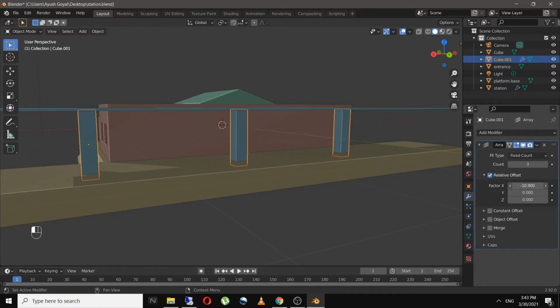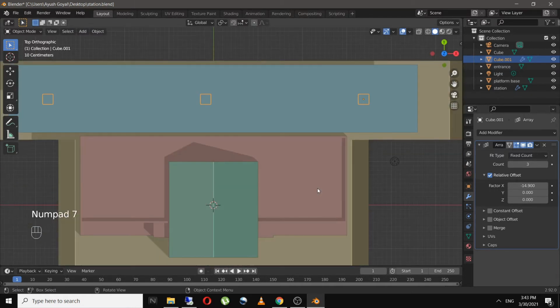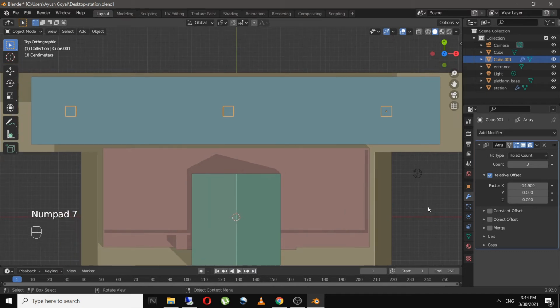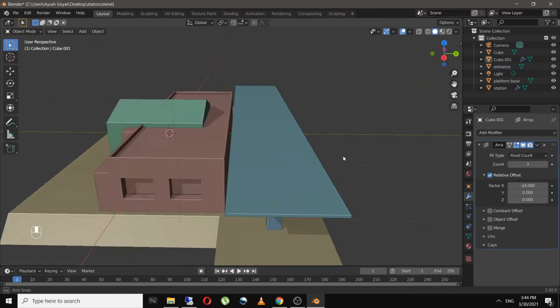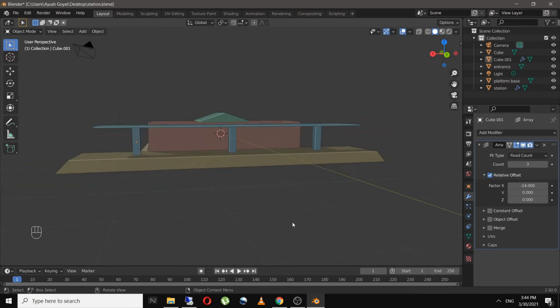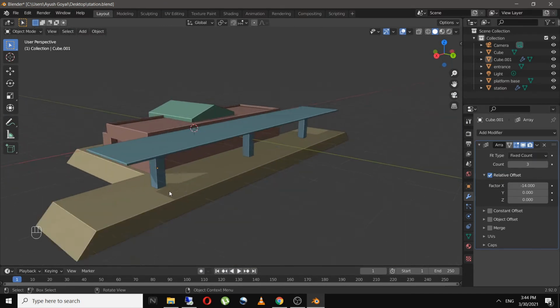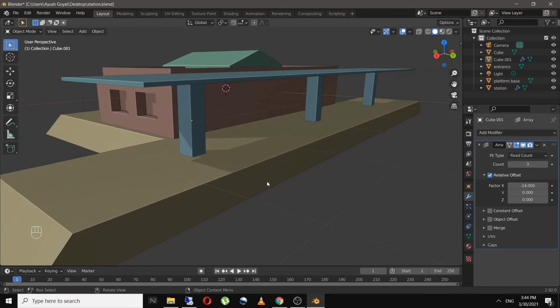So as you can see, this is going in the x direction and I don't have to worry about the distance between the pillars. So this looks good. So this is the use of the array modifier in Blender.